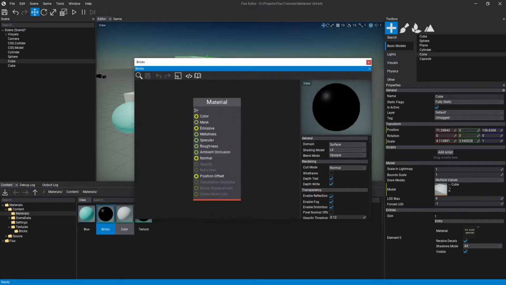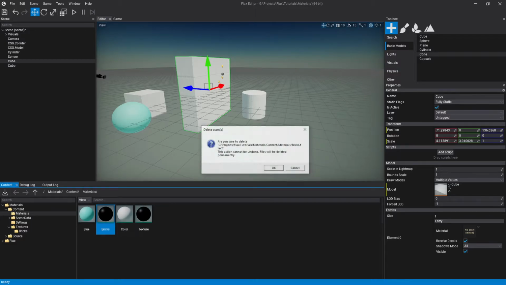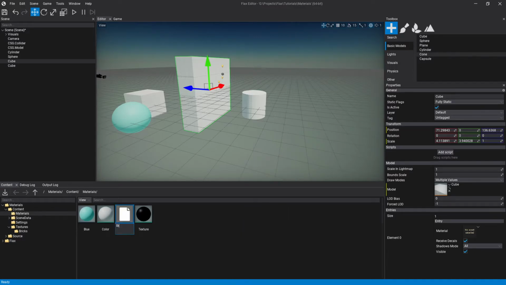So, this should look pretty good. If we open this up, oh, I need to create a material instance. I'm still not used to that. Okay, if we create a new material instance, I should say, and turn it to bricks,